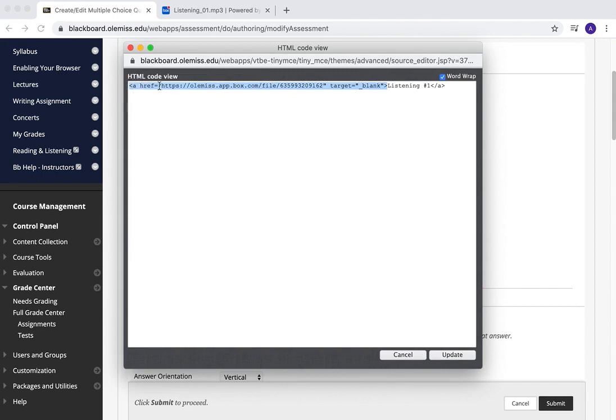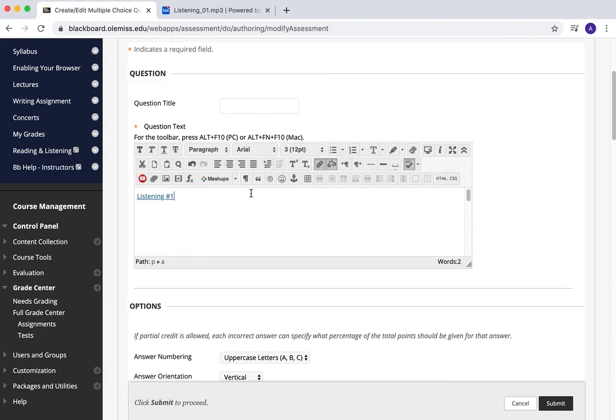So again, to review, this text won't display because we have it within these tag marks right here and right here. What this text means is we're linking to Box, specifically that file, and we're instructing this link to open up in a new tab when the student clicks that, and we're going to close out the link with that. We can type our text, we can type the question, what is the composer